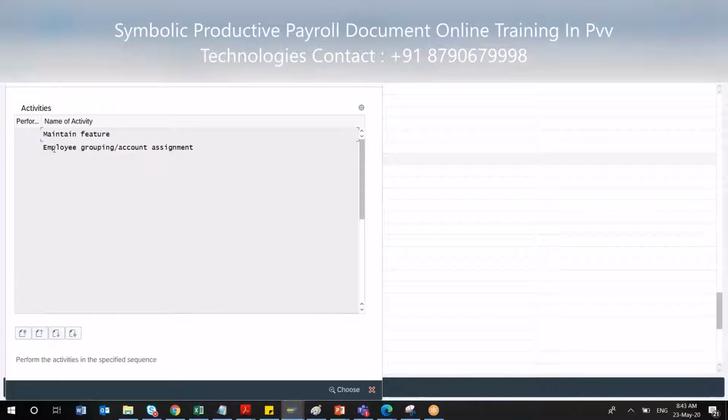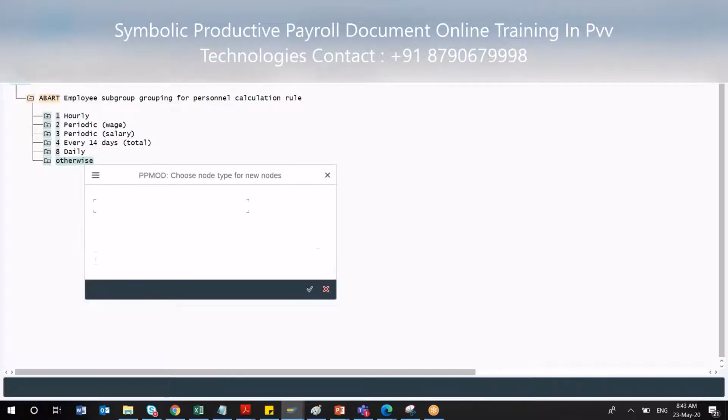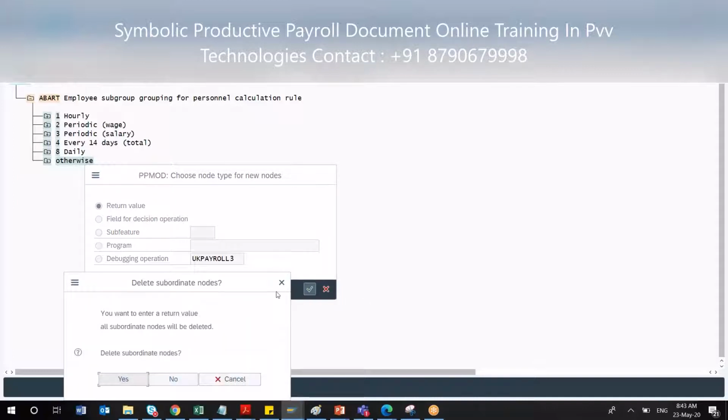For that reason, you will see in this feature employee grouping / account assignment. Suppose you would like to change something, say instead of employee subgroup grouping, you want a different criteria. I can still use the return value, sub feature, or field for decision operations, depending upon the program. So you can decide something else here.